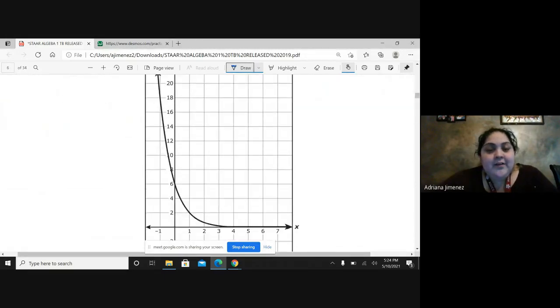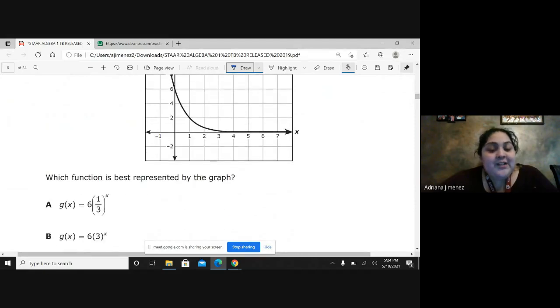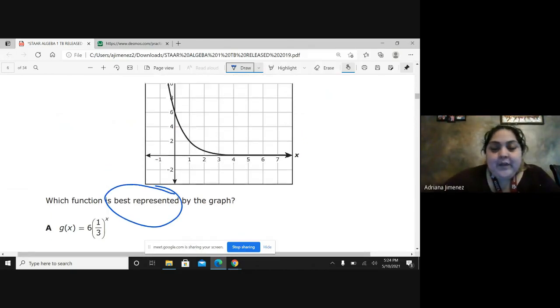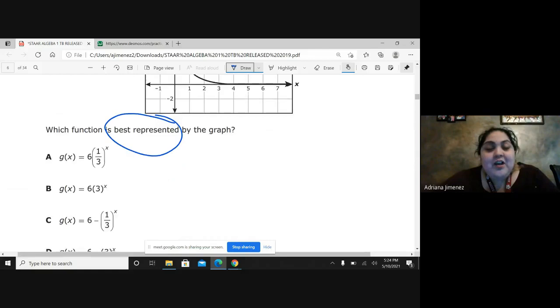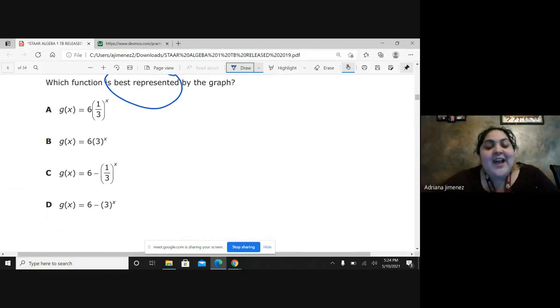Number 9. Okay, I go and read the problem first. It says that the function is represented by the graph. Okay, so they want to know which one's going to best represent it. And I go up here because I want to know what type of thing is going to be. Right here, it tells me exponential. Okay, so that means that I make sure that all of these answer choices has an x as the exponent,